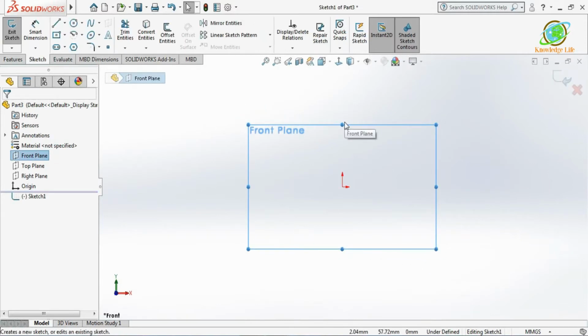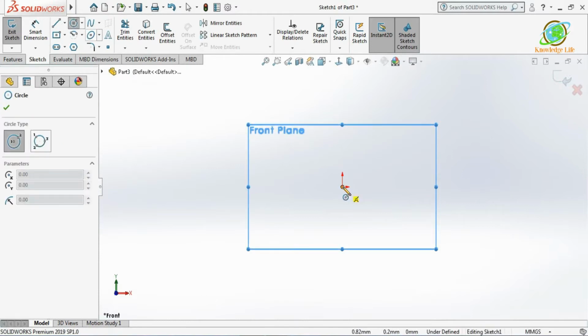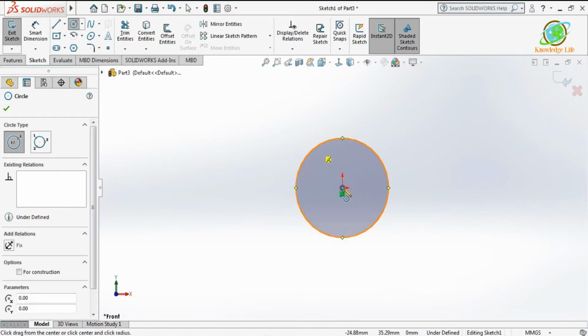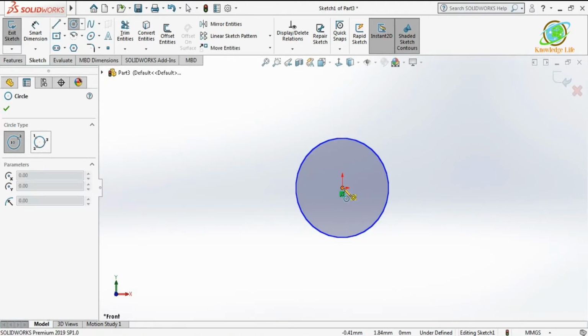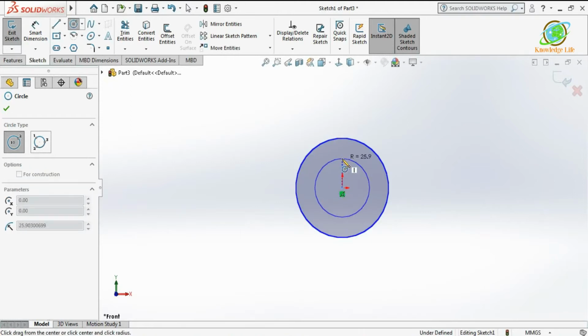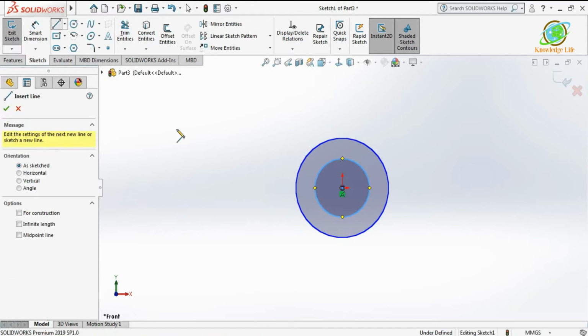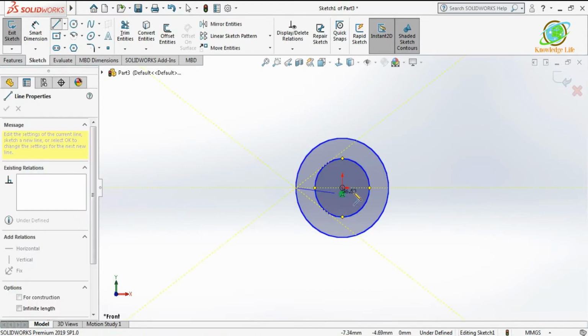Now I will go for the sketch. I'll select here circle. I'll draw here two circles. Now we'll just draw one more line which is quite like this.